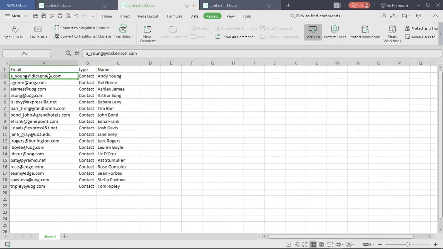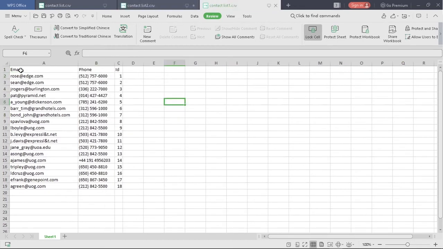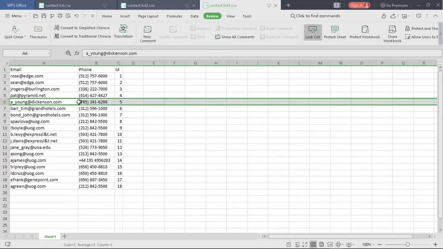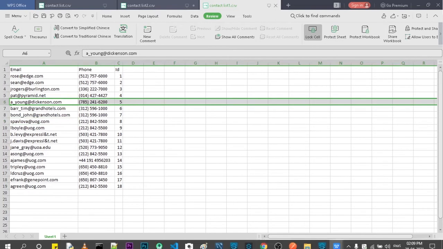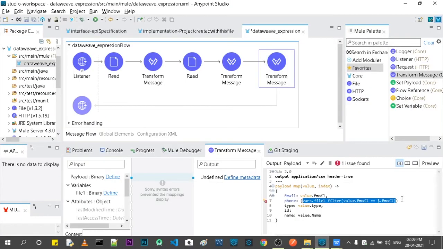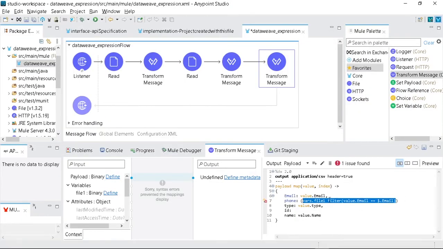Value dot email will return this value, and this value will be checked inside this column. Suppose it has been found here. Based on the condition, it will select this particular row, and this record will be returned using this whole expression. So that's the working of this filter keyword.